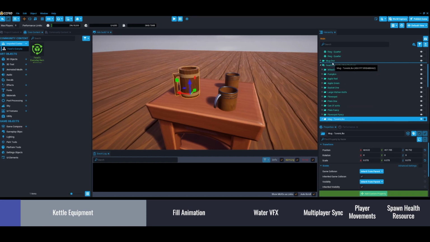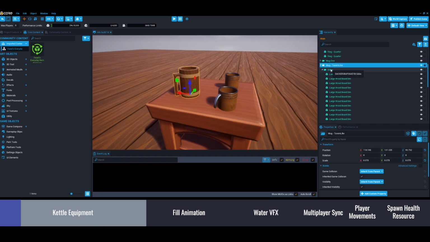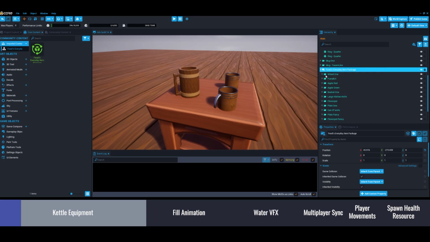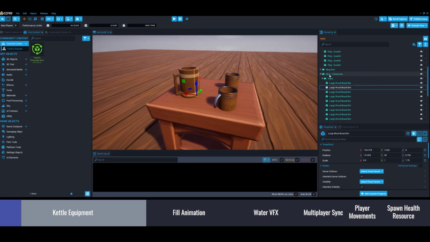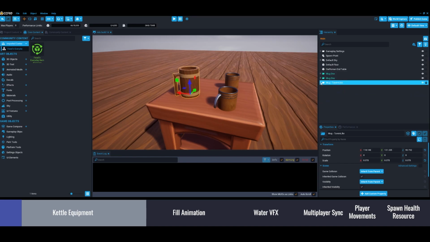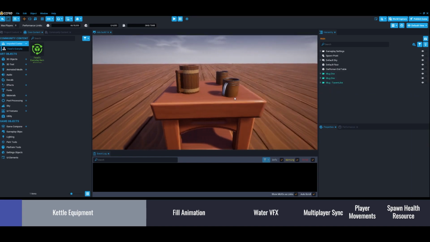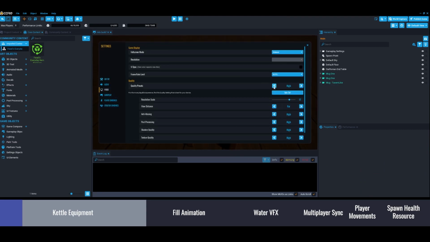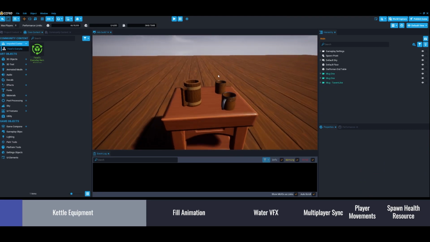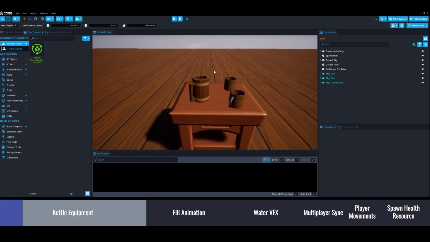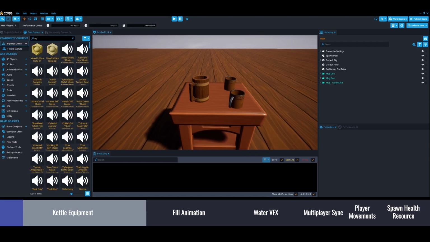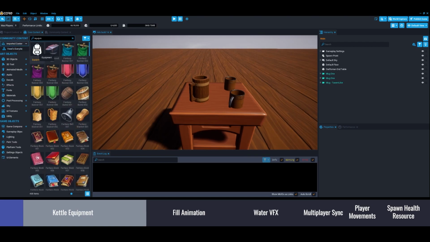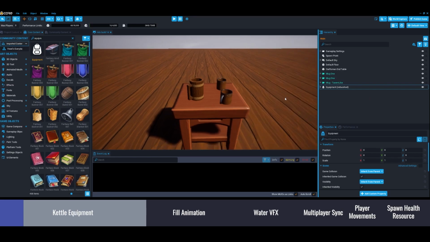All right, so first I think we're going to make the equipment so that you can grab that in your hand. So if I want to grab that kind of object in my hand, let me just change like that. I need an equipment, so let's make an equipment here. I'm dropping that in the scene,